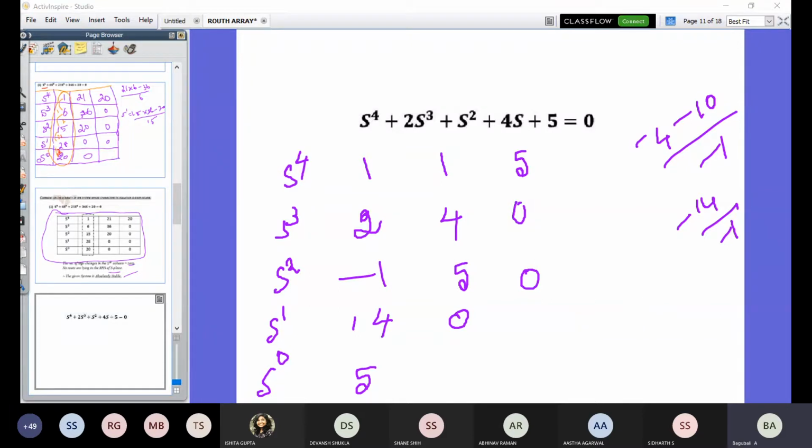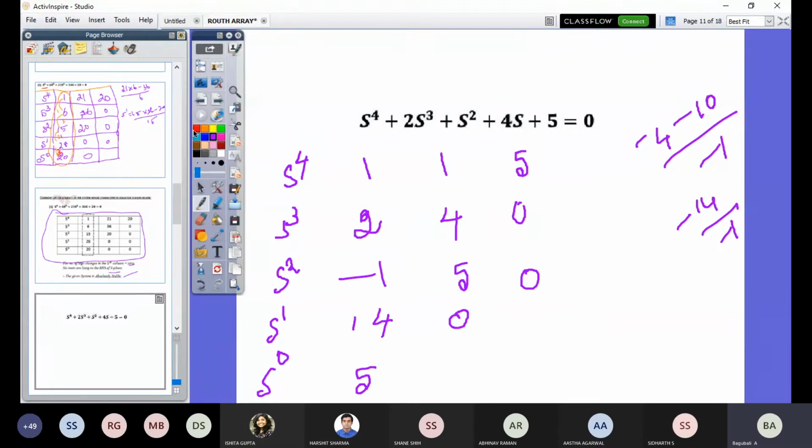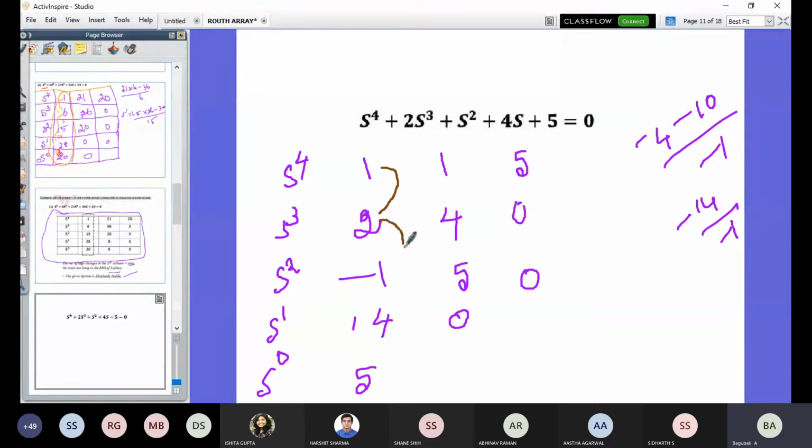It's unstable because there's a sign change and there's one root on the right side of the S plane. One root here, two roots, two, sir. Two roots are located in the right half of the S plane. Okay, here to here, carefully you can write how many roots, because that is very important. Here to here one root, here to here another root.